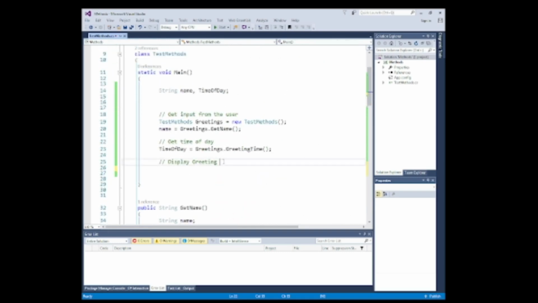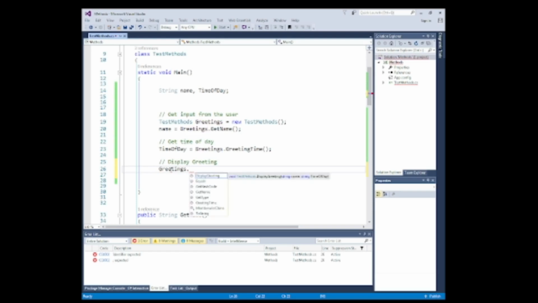here, again we don't need to instantiate the class because it's already been instantiated, and we have a reference to the class and it's called greetings. So if I type in greetings here and I use the dot notation, we can see all the methods and properties that are available to us, and the one we've just created is called display greeting, which is right at the top here. If we tap this,